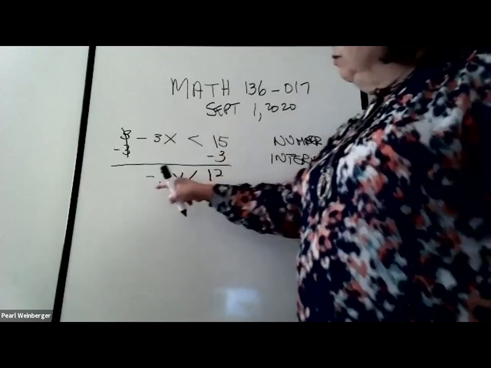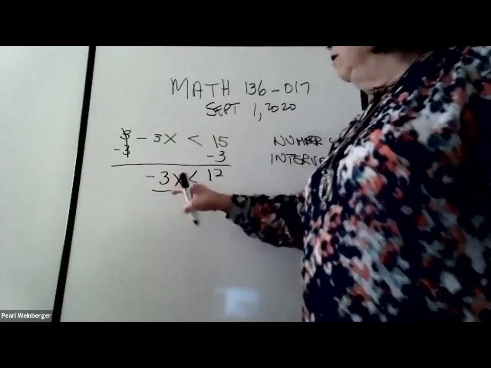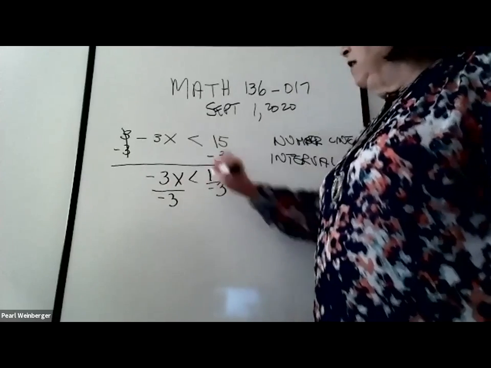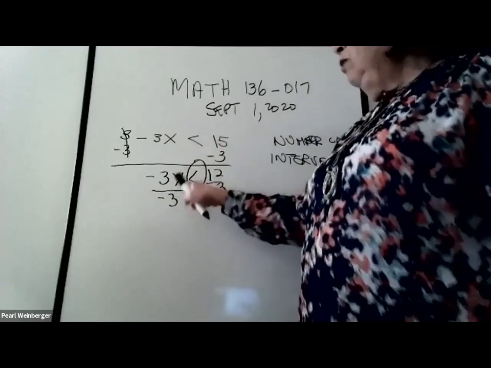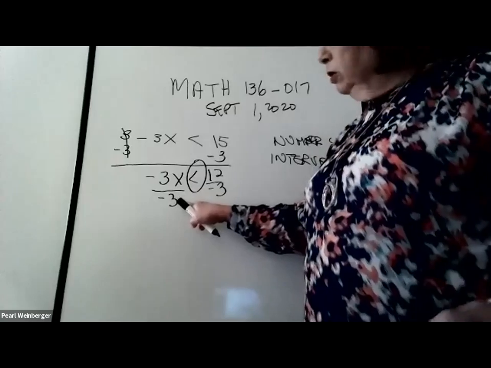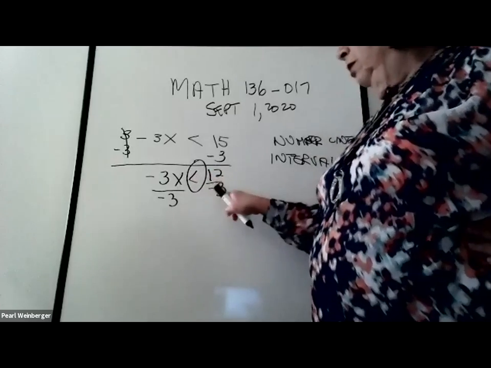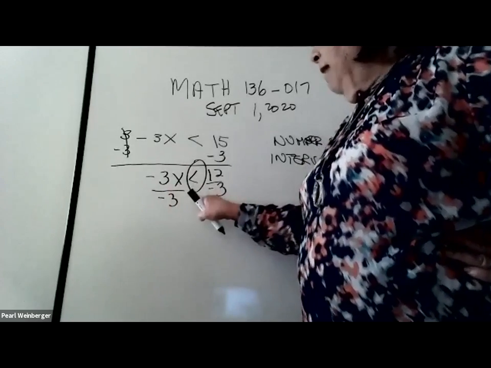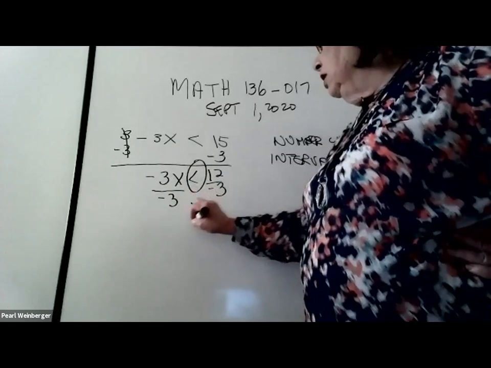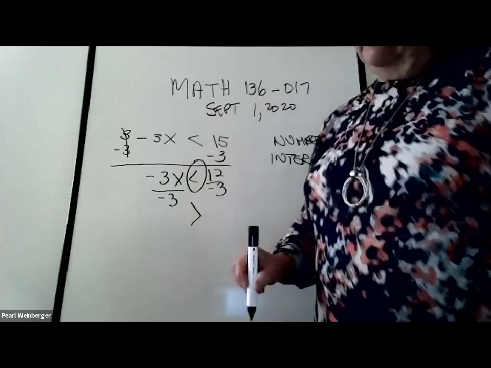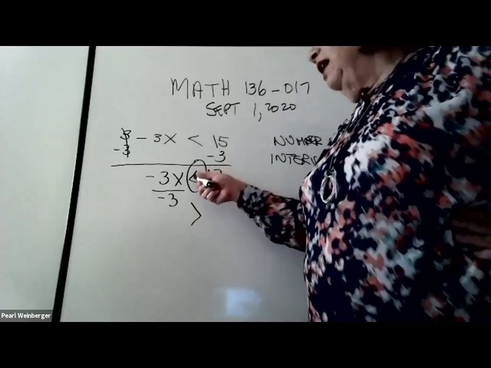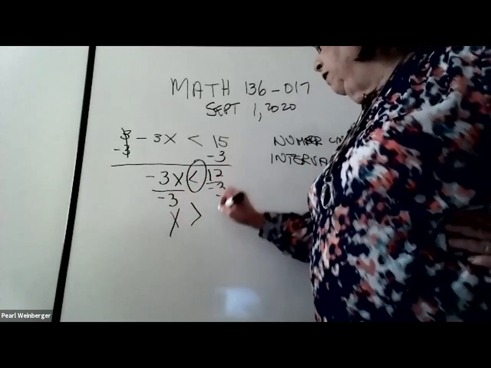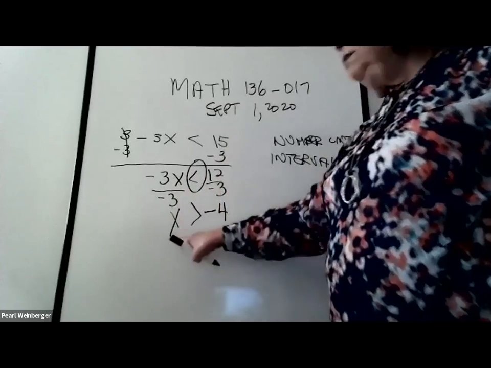And of course, I want to get what x is, so I'm going to divide by the coefficient of x, which is negative 3. Now, this is something we're going to have to be very careful about. When we are dividing or possibly multiplying by a negative number, which is what we're doing now, we're dividing by negative 3, what happens to our inequality is that it gets switched. The sense or the direction of the inequality changes. Here it was less than, so it switches to greater than. This becomes x greater than 12 divided by negative 3 is negative 4. And this is my solution